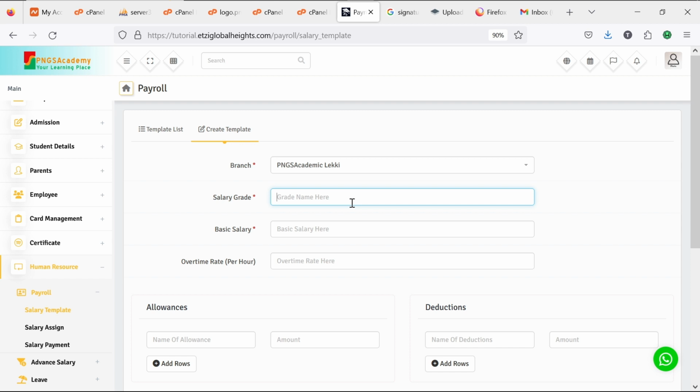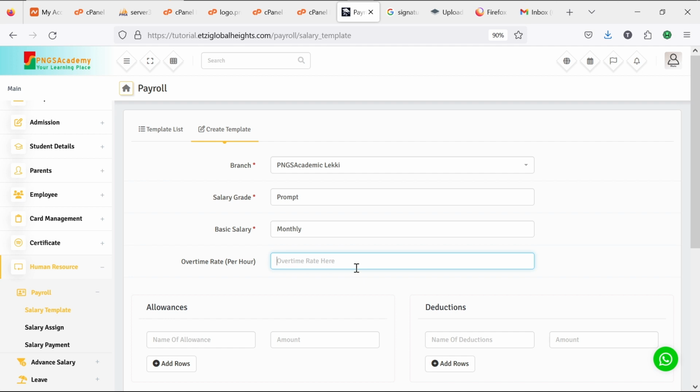So in salary grade now, what are we going to write in salary grade? Okay, the basic salary, let's say monthly,